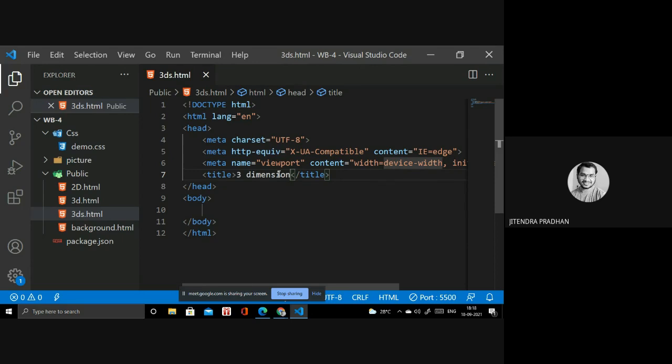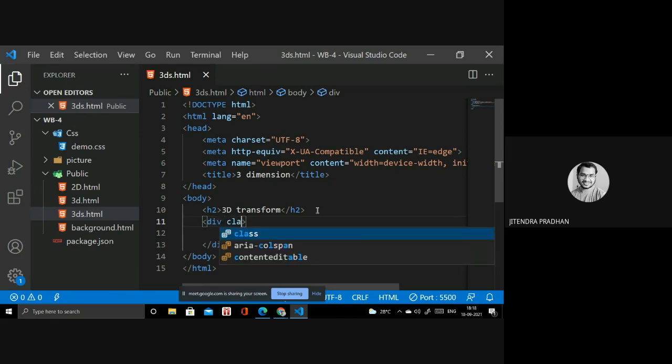First I need a heading, so I will use an h2 and write the heading part: 3D transformation. Then I need to create a div. In that div, if you require a class, you have to use a particular class, like container, or any other name, not an issue.